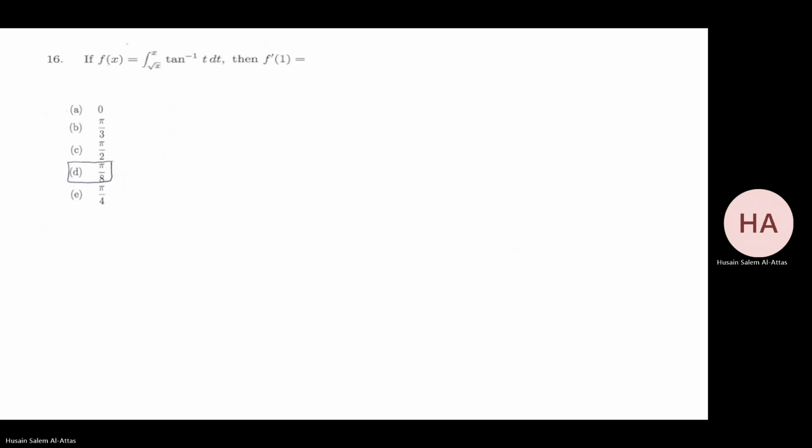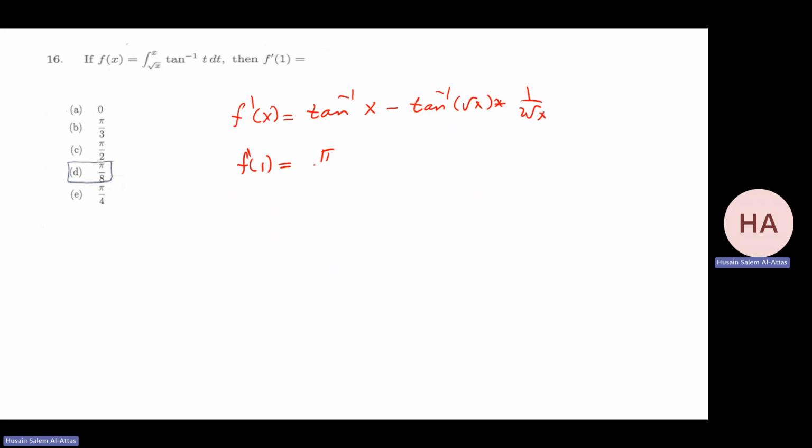Okay. You want the derivative? That will be tan inverse of x minus tan inverse of square root of x times 1 over 2 square root of x. F prime at 1, that will be pi over 4 minus half pi over 4, which is pi over 8. Which is